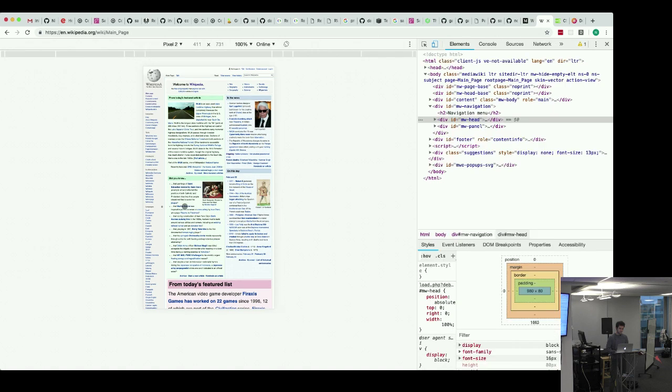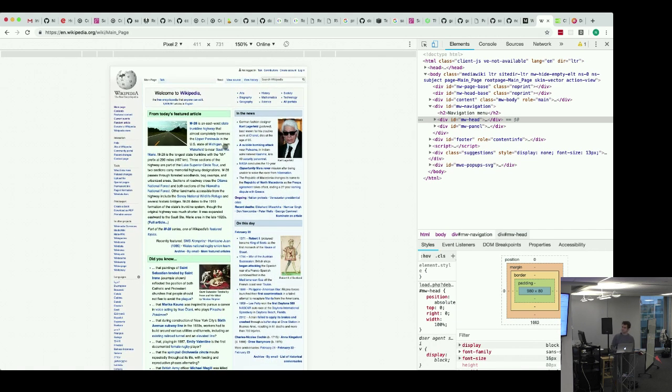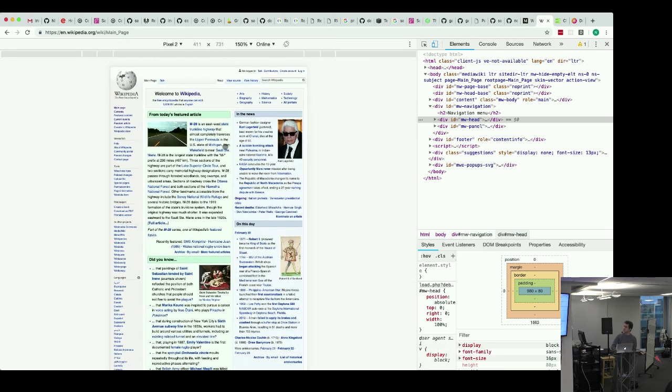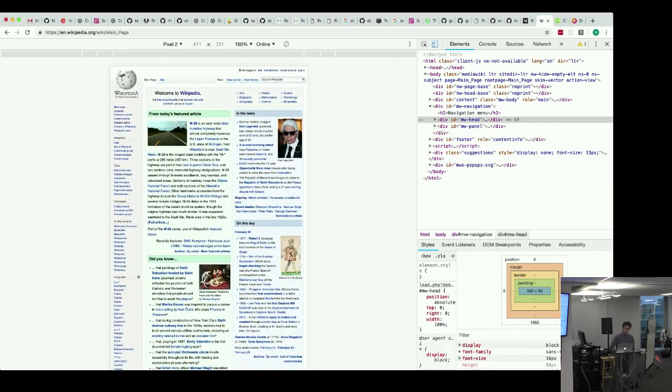Am I alone in thinking that this looks like, let me make this a little bit bigger. Am I alone in thinking that this looks like hot garbage, right? This looks like just straight up garbage. Like, this is trash. And what we want to do is instead have our content respond to the size of